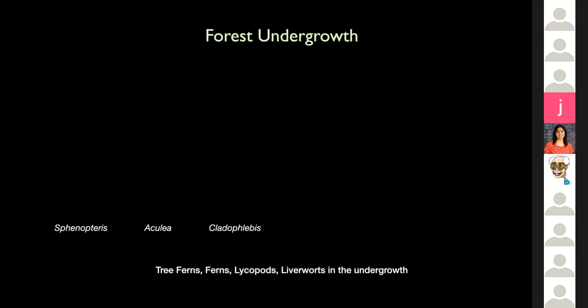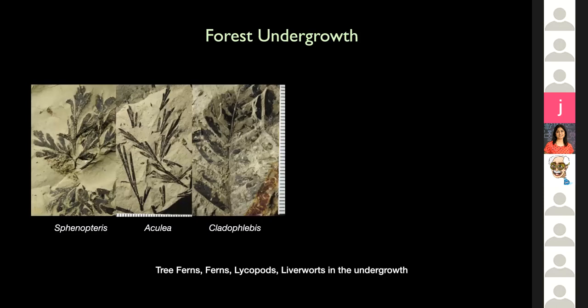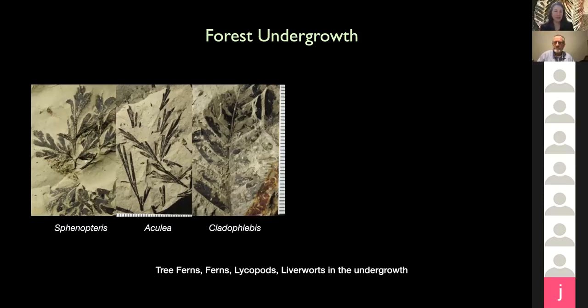So the fossil plants can tell us a lot about the evolution of plants through history, but they can also tell us a lot about the environments they were growing in and the sort of ecosystems that we see. And importantly, they can tell us a lot about past climates as well. So I'll have a look at some of the fossils that we've been collecting from here in Victoria along the coast. We have these beautiful ferns, a whole different range of ferns that indicate lots of thick, lush undergrowth, and